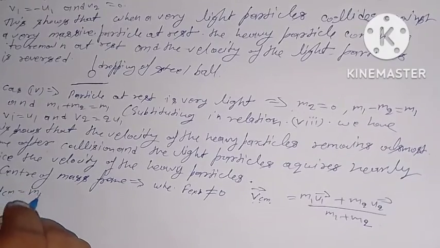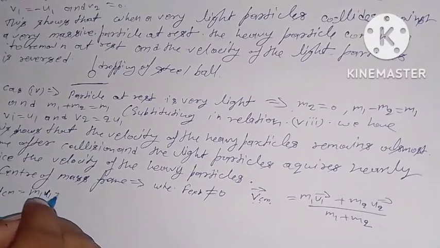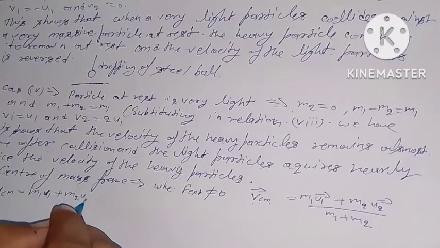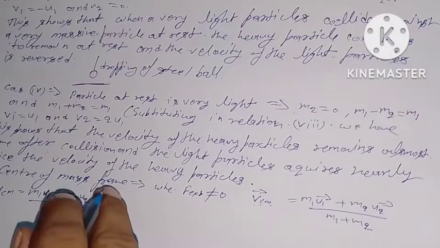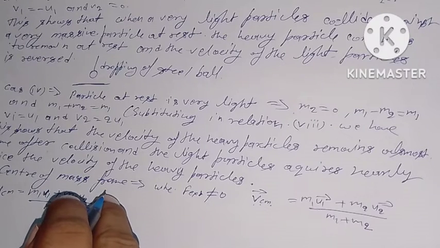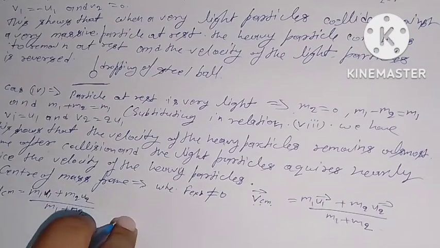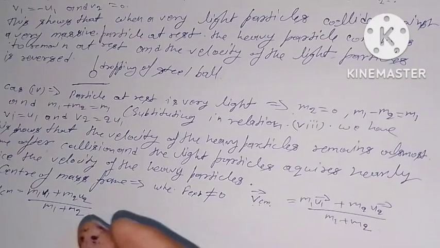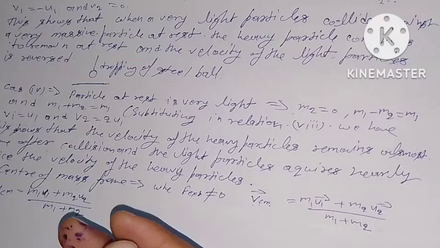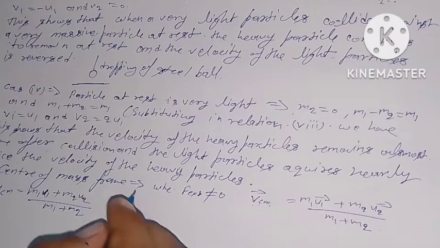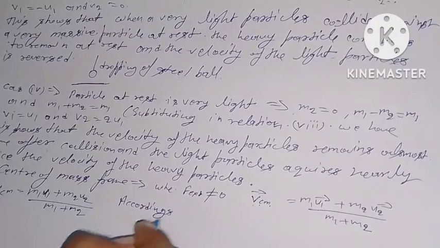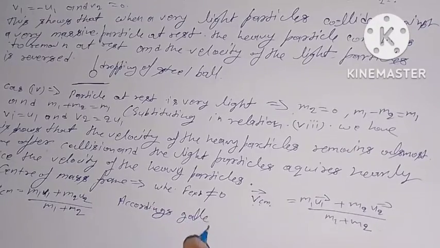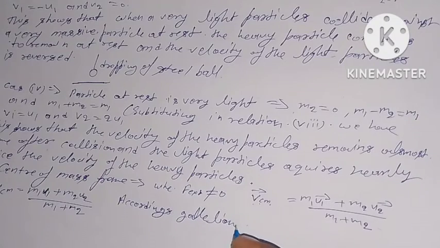VCM equals m1 u1 plus m2 u2 upon m1 plus m2. The velocity of the particle of mass m1 before collision relative to center of mass frame according to Galilean transformation is given by